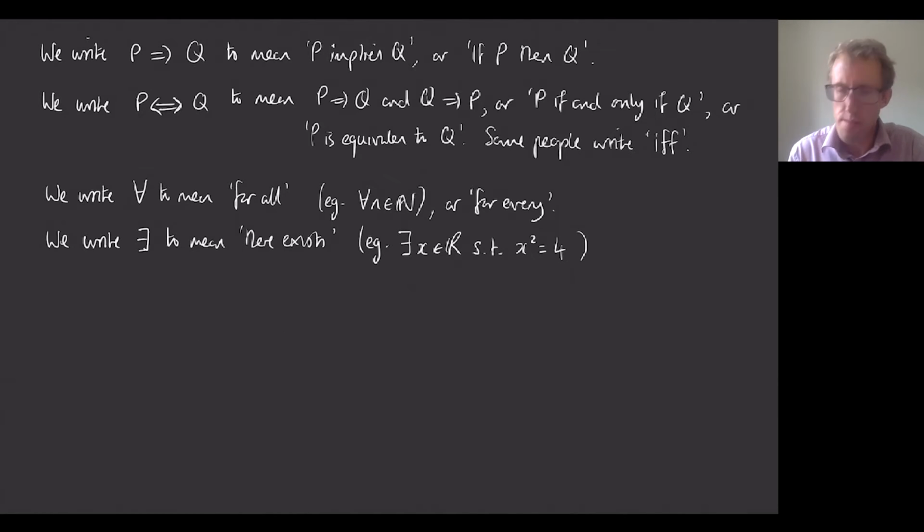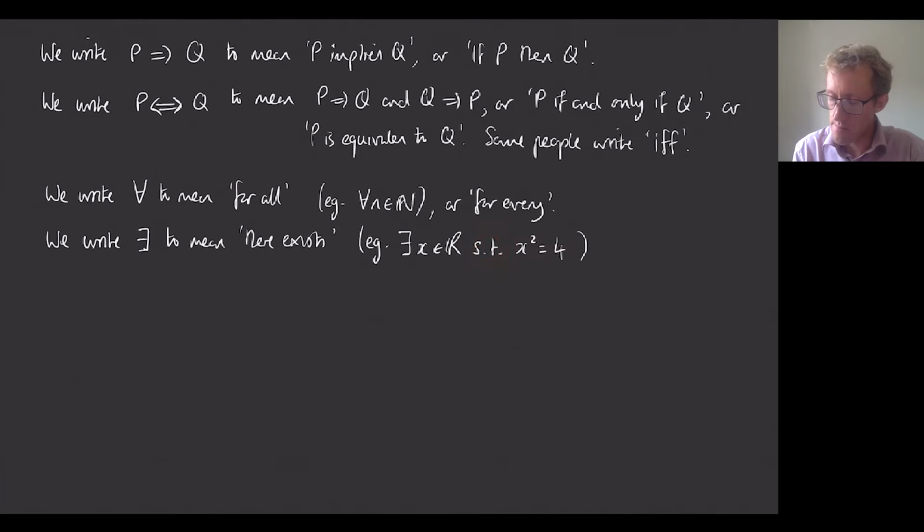And different people have different ways of writing this. So typically if you say there exists x in the real numbers, you then say such that something is true. Because if you just say there exists x in the real numbers, you're not really saying anything, you're just saying the real numbers is a non-empty set. So I tend to write ST standing for such that. You'll find some people don't write that.